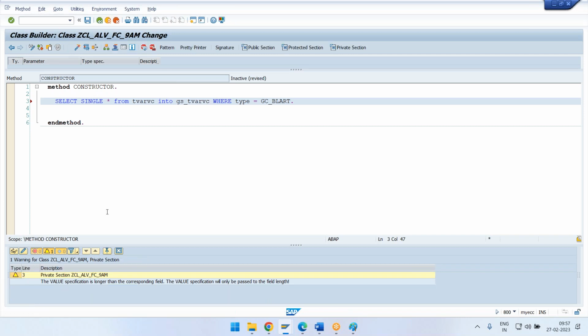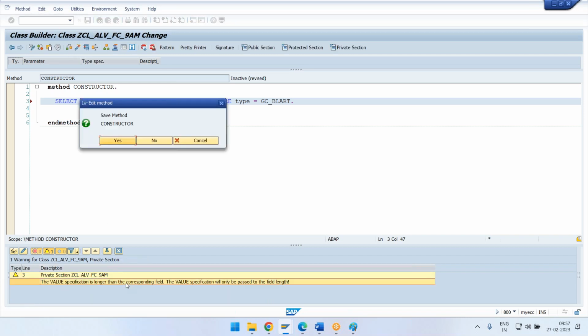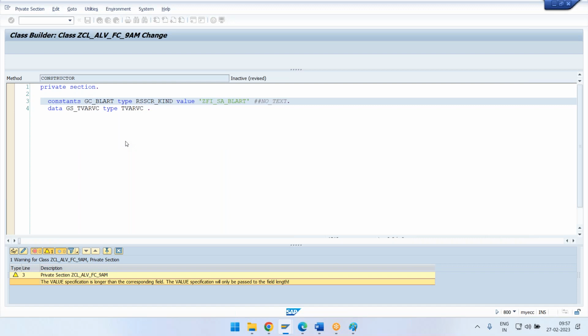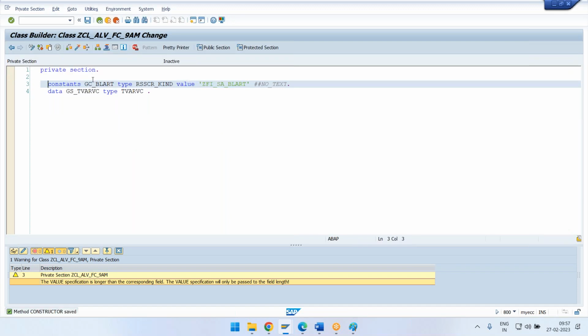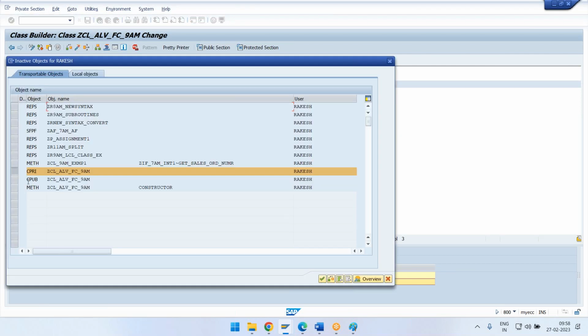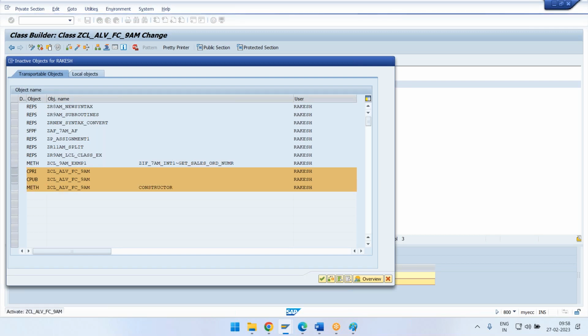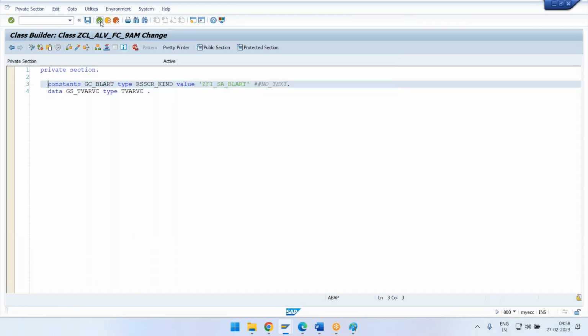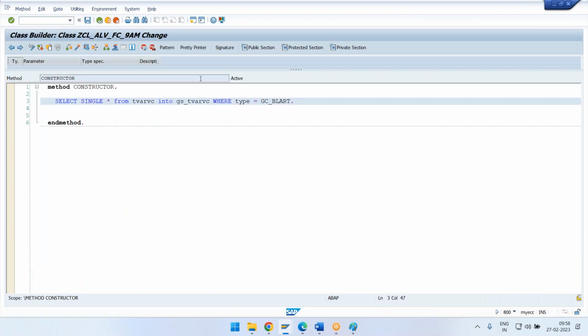Now check this. So now check, save this and activate this one. So I'm going to activate all my things. It's got activated. Now you will be having the data in this GS_TVARVC structure, where you will be having,